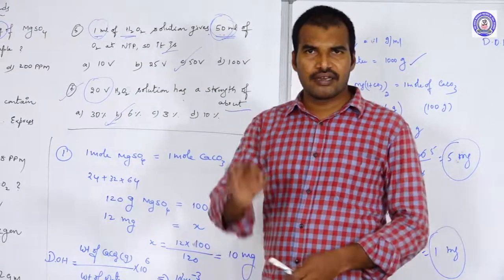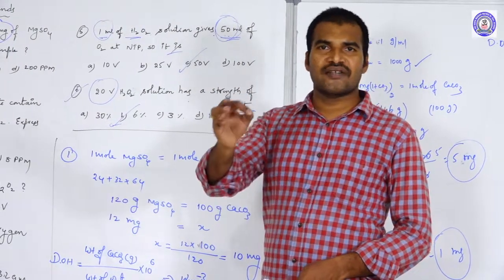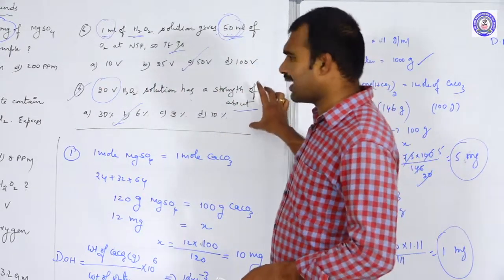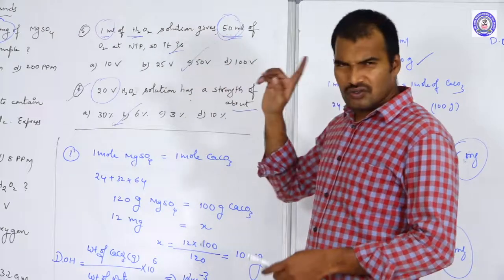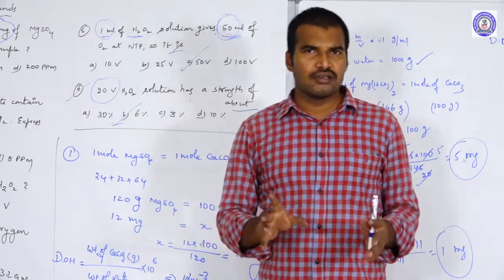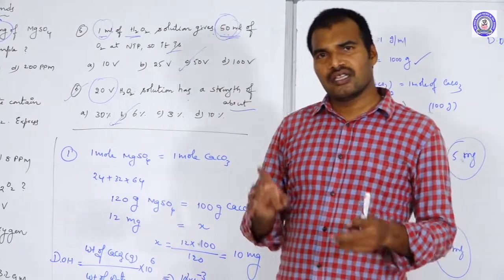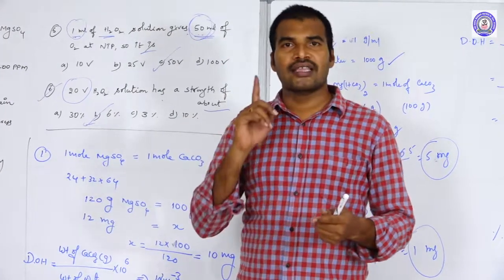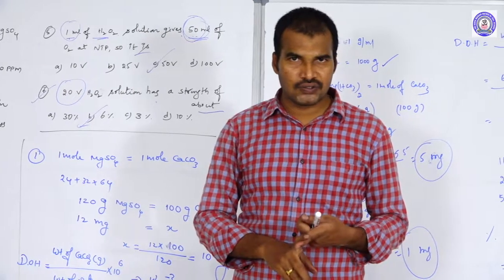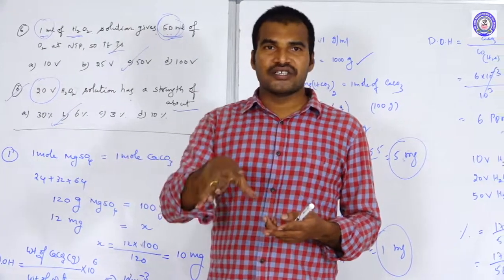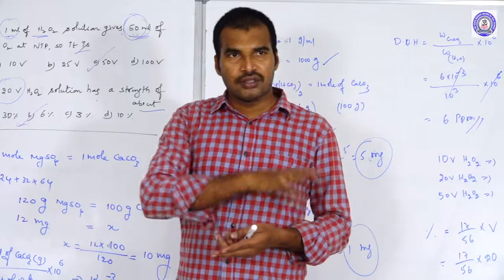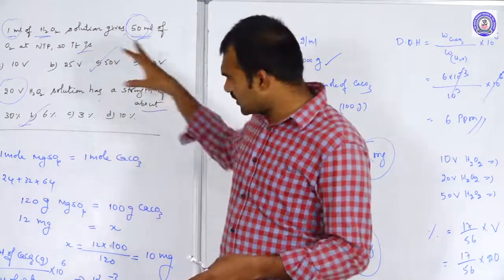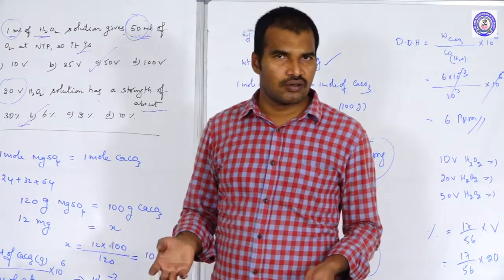If you know the relation between volume strength and percentage strength, we can easily calculate. So once again, percentage strength is equal to 17 by 56 into volume strength. By using that formula, we calculated this. So mainly, 99% they will ask you problems from the hydrogen peroxide compounds, either from degree of hardness, or by giving the percentage strength they may ask you volume strength, or by giving the volume strength they may ask you molarity, normality. So from these concepts only they may ask you. Okay, thank you.